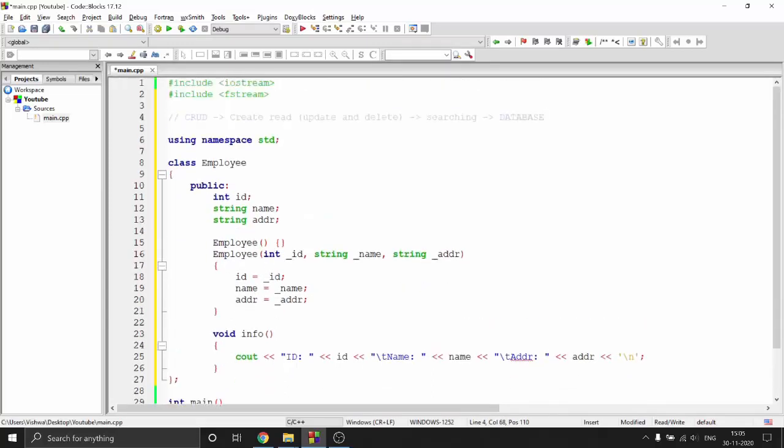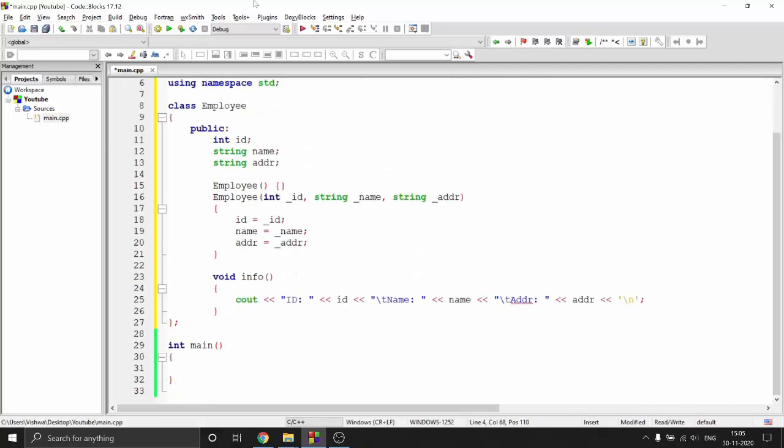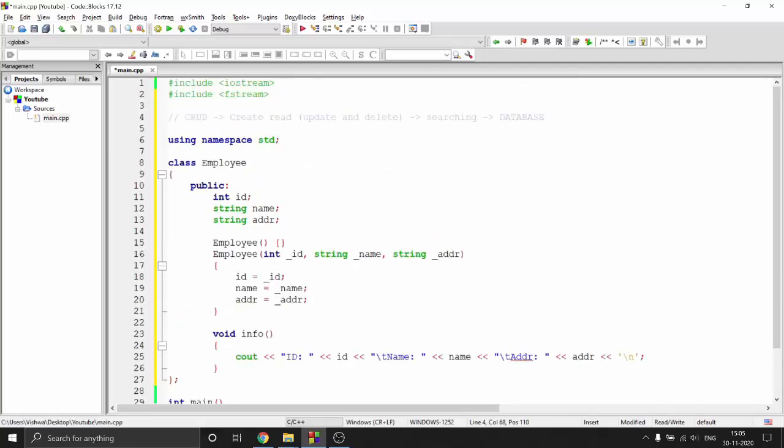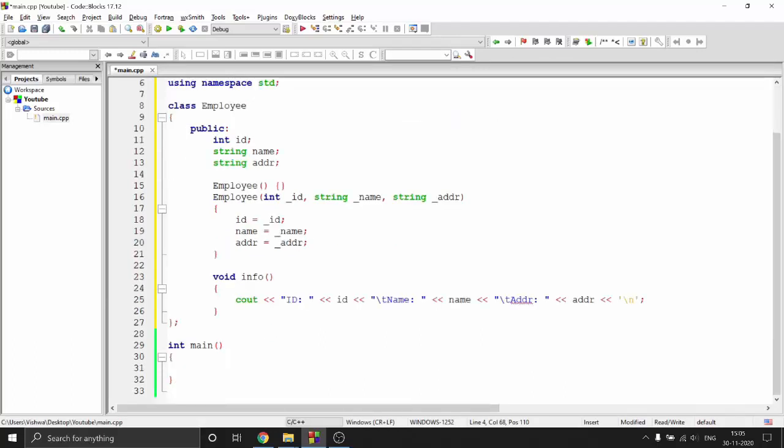And just for a boost, I have created a very simple class. I have this employee class in which all the attributes are public. I have an id, name, address, and then I have a simple constructor which does nothing. This is just to initialize an object, and this is one useful constructor to actually create an object without assigning one by one, right? And I have this info method so that I can just see what this object is, so it will be useful while reading the object, right?